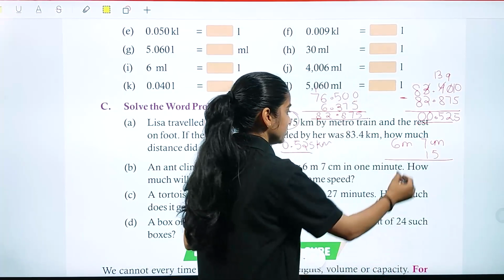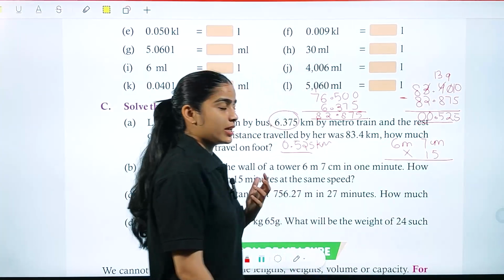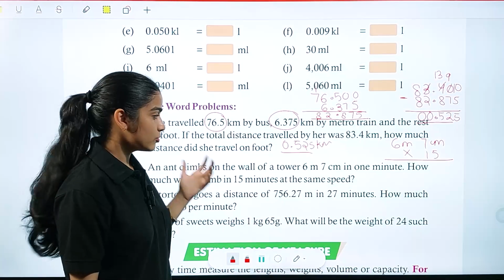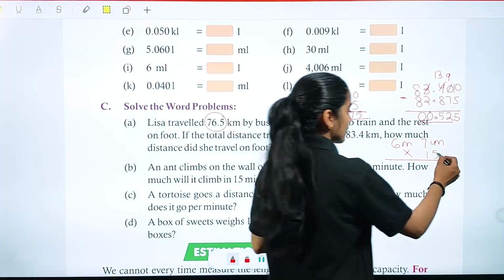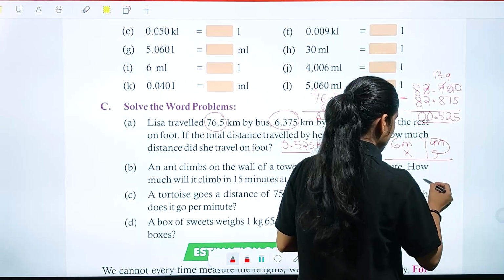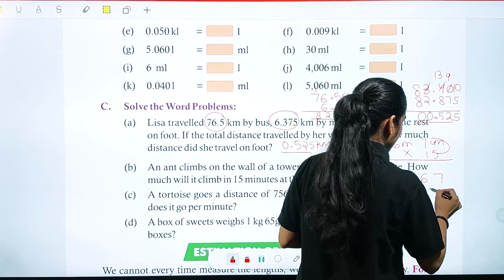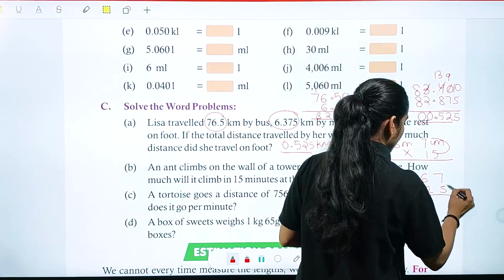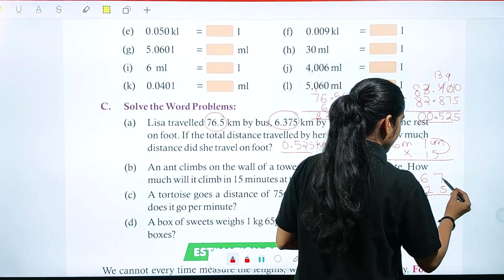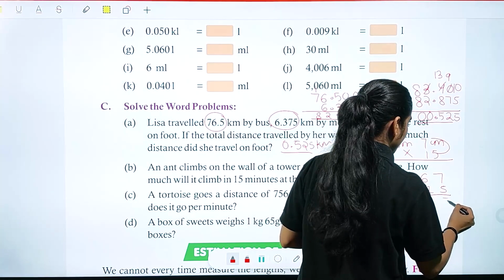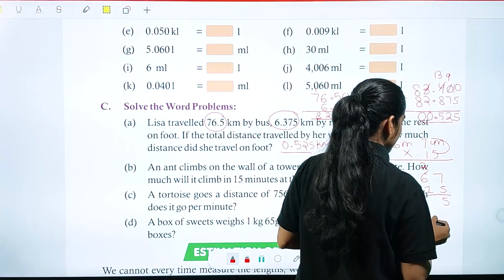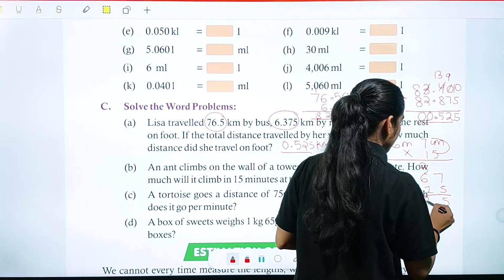So calculate it. Always keep in your mind whenever we multiply a unit with a number, you have to multiply it separately. So 15 multiplied by 7, it means first you have 6 7 and 1 5. 5 multiplied by 7 is 35. 3 5, 6 the 30. 30 plus 3 is 33.